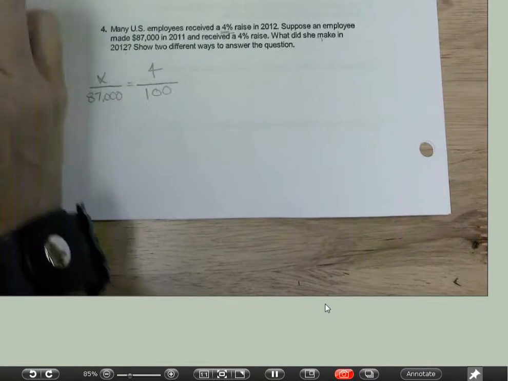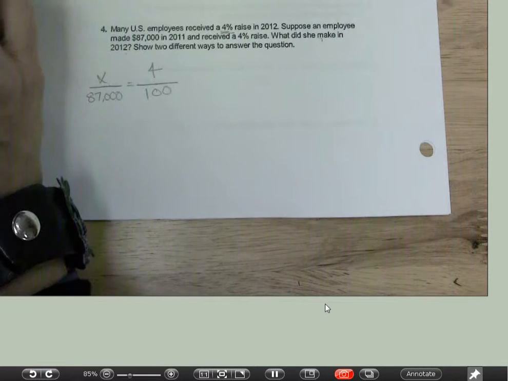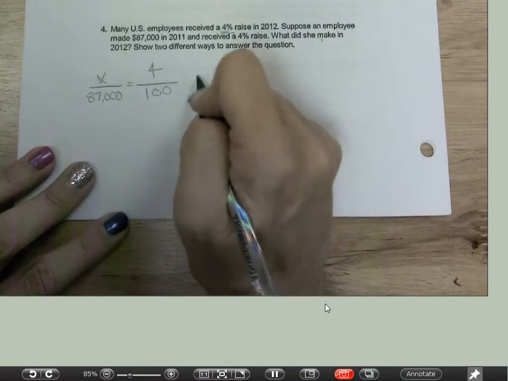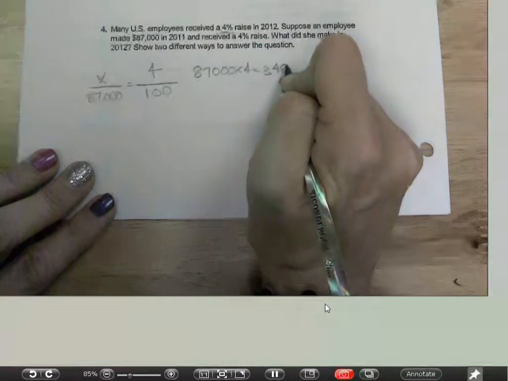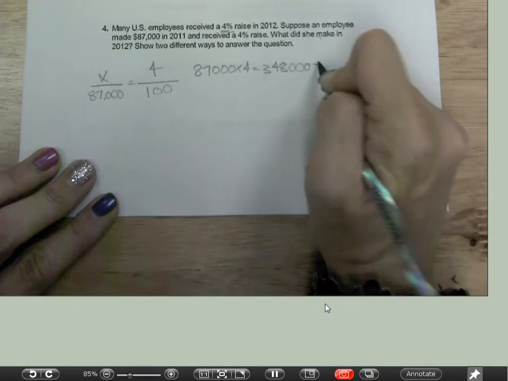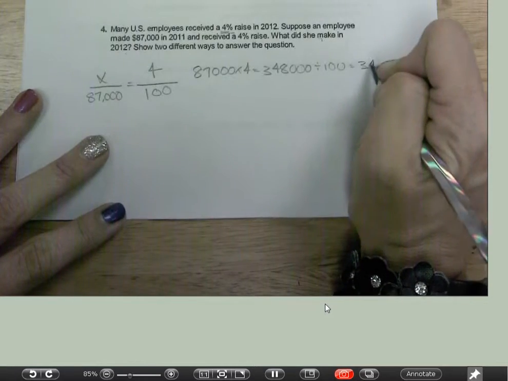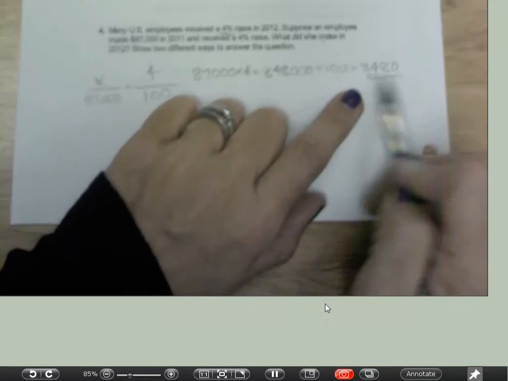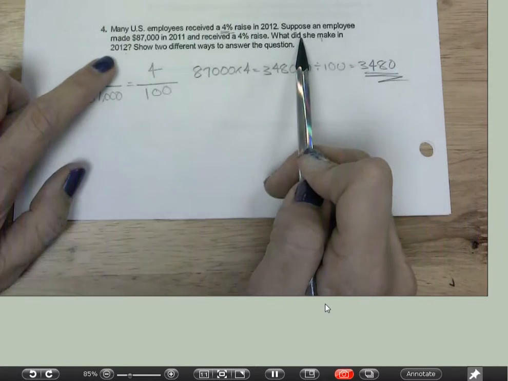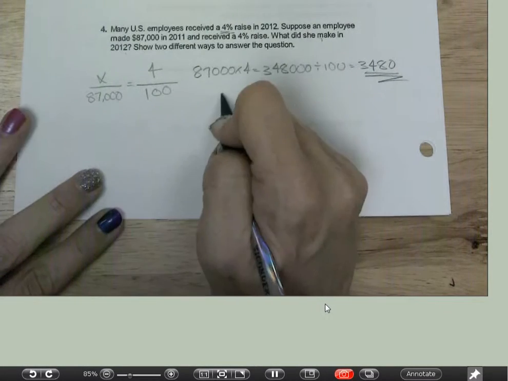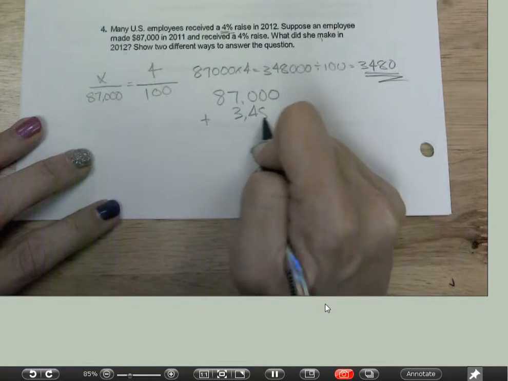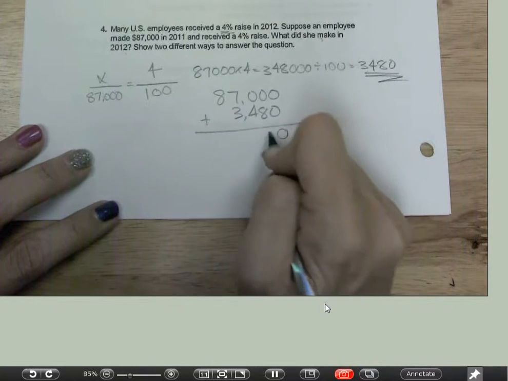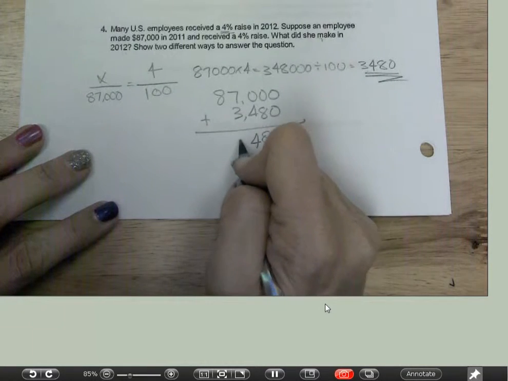So multiply the partners. 87,000 times 4 equals 348,000 divided by 100 equals 3480. Now this is the amount of the raise. So we want to know, what did she make the next year with the raise included? So now we're going to go 87,000 plus 3,480, and that gives me